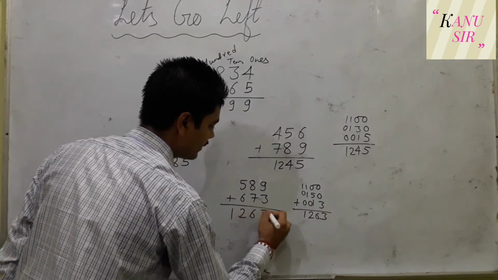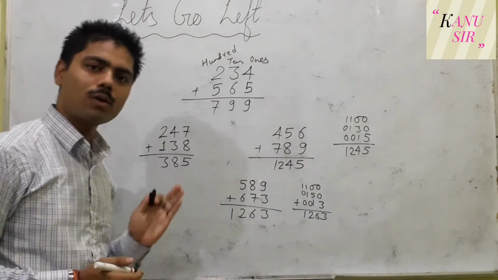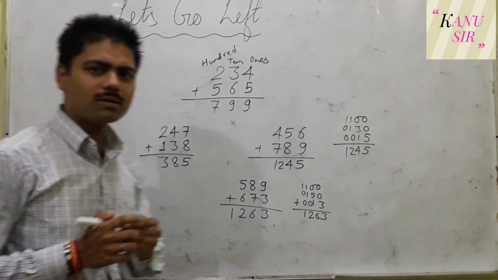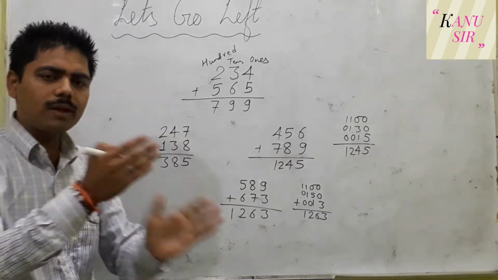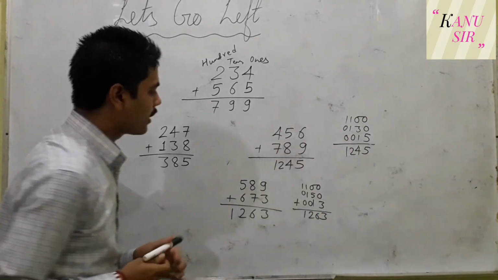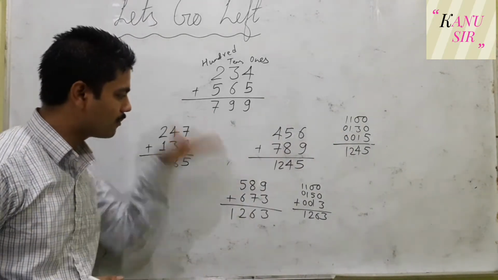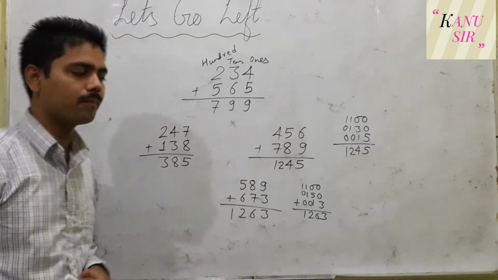1263. And hence the addition from left to right is also possible and easy, because we always keep doing from right to left and we'll have a problem of carryover. Here while going from left to right, we'll never have a problem of carryover. We can simply add in an easy form.